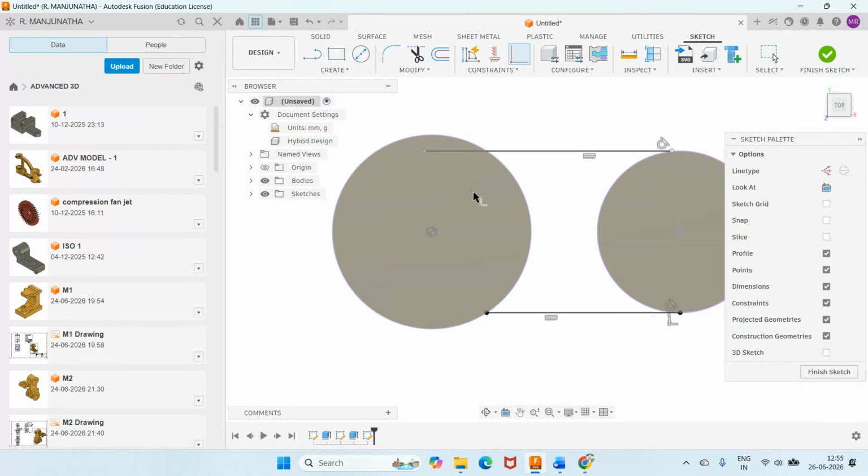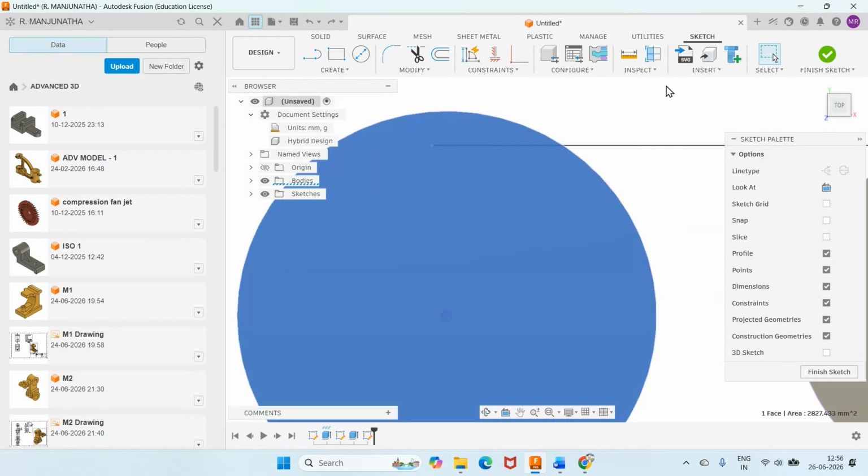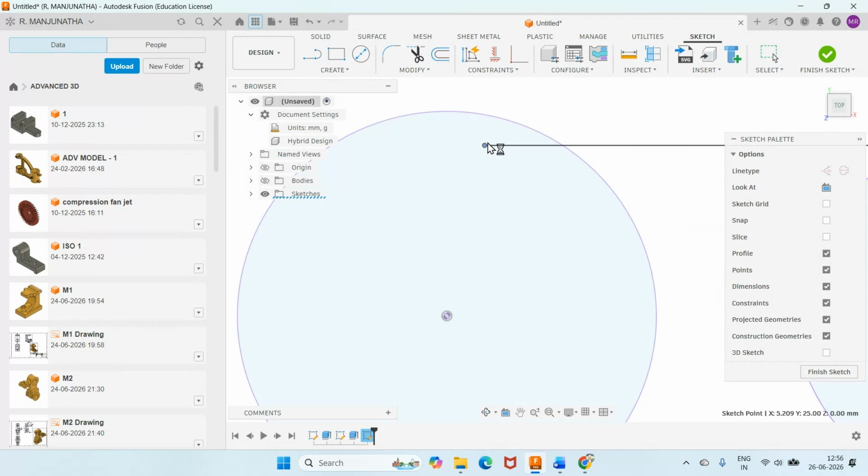And I will try to take this inside. Okay, I'll select this line, and I will try to move this in. I'll go to the bodies and disable bodies, and then go to select this, and I will try to move inside, and go to coincident, select this point onto this circle. Yeah. Now I'll just go for a sketch and go to 3D,